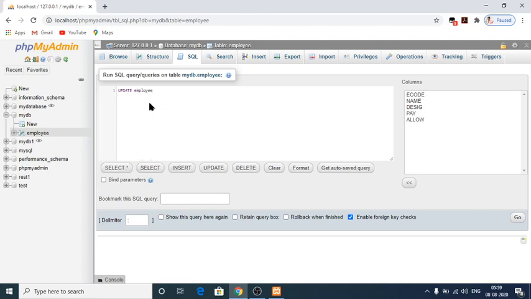And next I have to use the set keyword, set ecode is 104. ecode is 104.